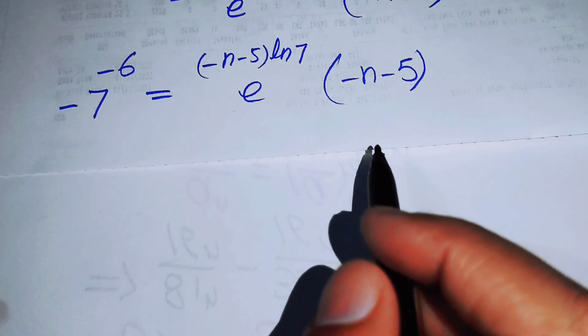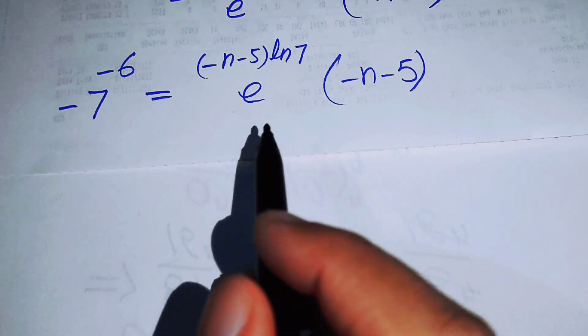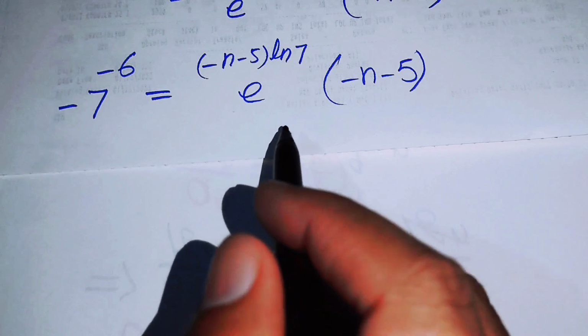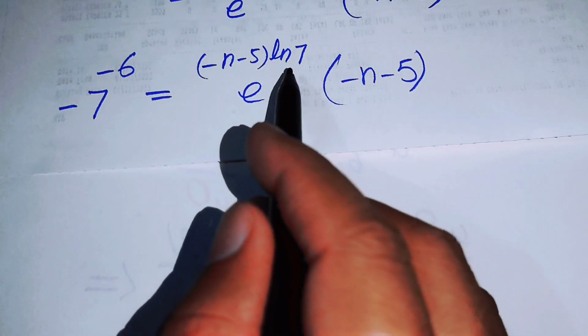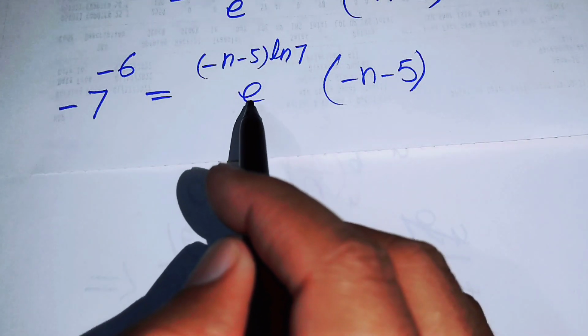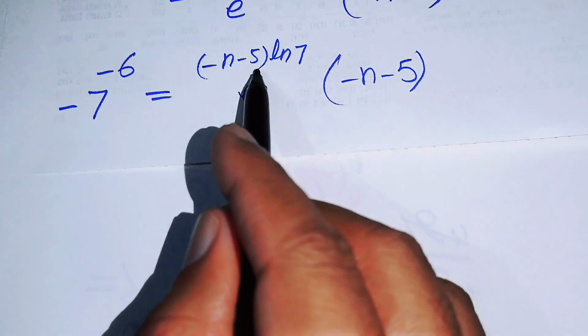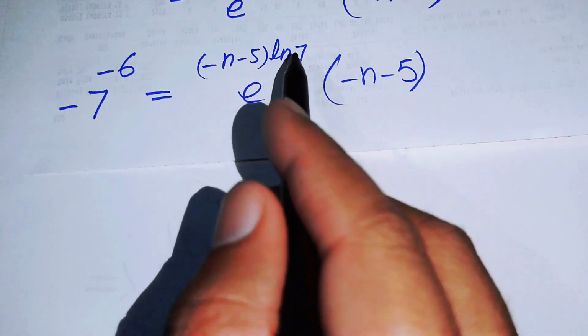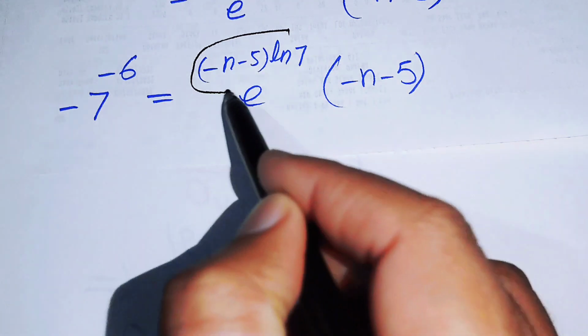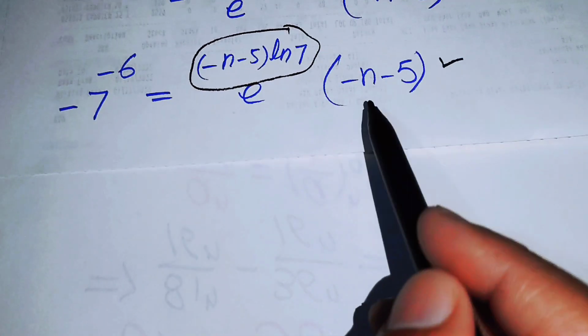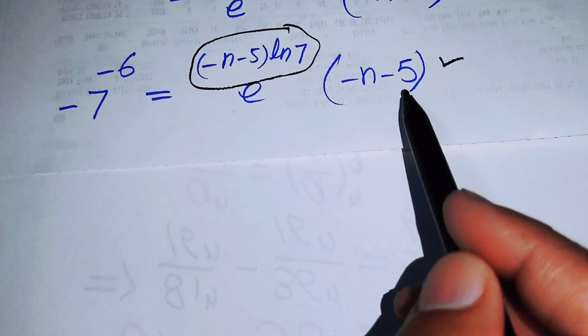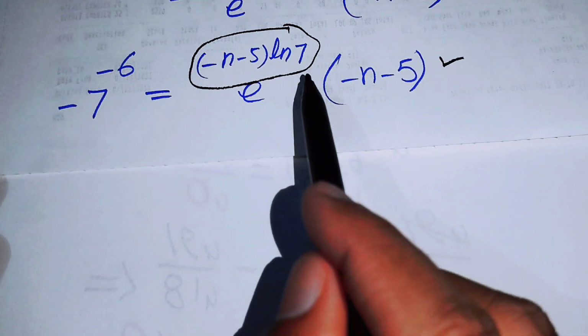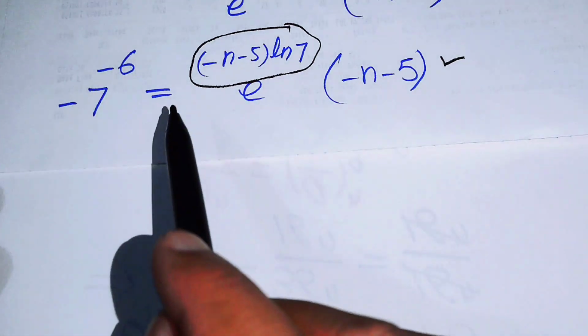And now in the next step, in order to make the Lambert W form, here we just need to multiply both of the sides by log of 7, because we have e to the power of minus n minus 5 into log 7, so we must make this expression here. So we have only minus n minus 5 and we need log 7, so we will multiply both of